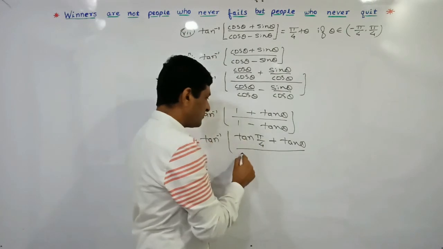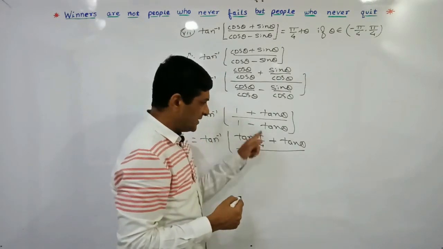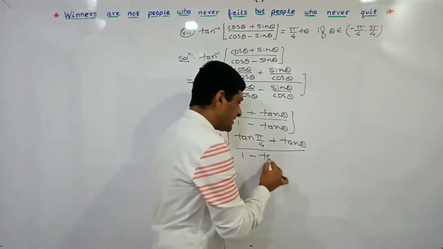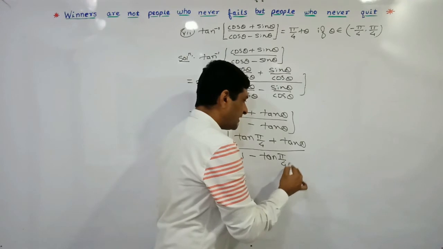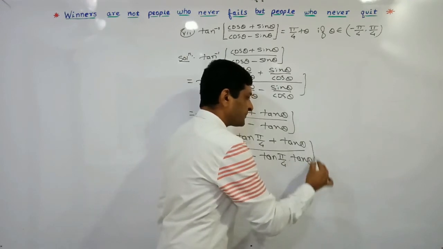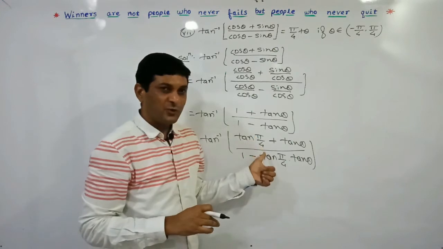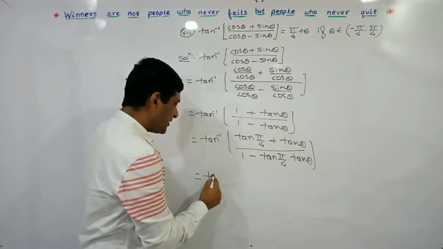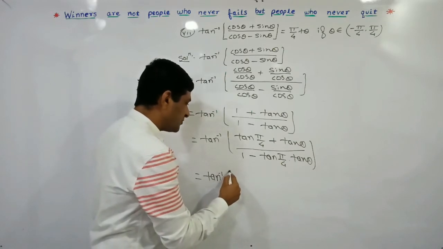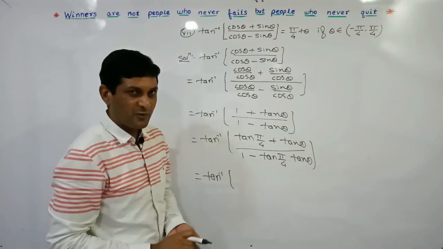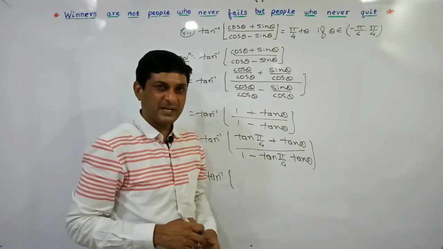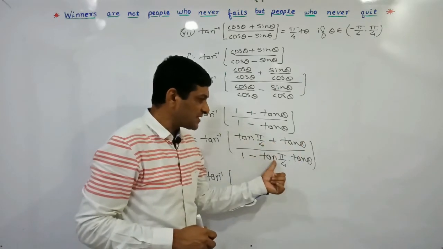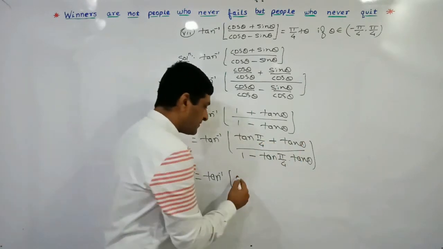In the denominator 1, keep it as it is, minus also as it is. Here nothing is multiplied with tan theta, which means 1 is always there, and 1 can be written as tan pi by 4 into this tan theta, keep it as it is. Again, if we replace tan pi by 4 by 1, we will get the same expression. See what we have tried here: we are trying to arrange the terms in the form of the compound angle formula, also called the addition subtraction formula. Here the terms are in the form of tan A plus tan B upon 1 minus tan A into tan B, which is nothing but the value of